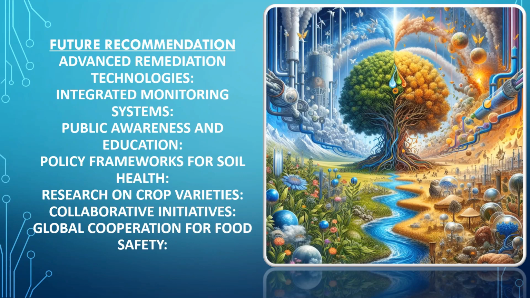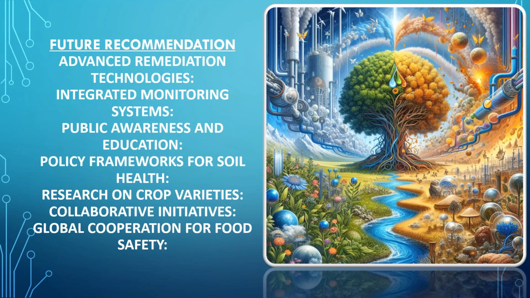Public awareness and education. Launch comprehensive public awareness and education campaigns to inform farmers, policymakers, and the general public about the risks associated with heavy metals in agriculture and the importance of mitigation strategies. Policy frameworks for soil health. Advocate for the integration of soil health considerations, including heavy metal management, into agricultural policy frameworks to promote sustainable farming